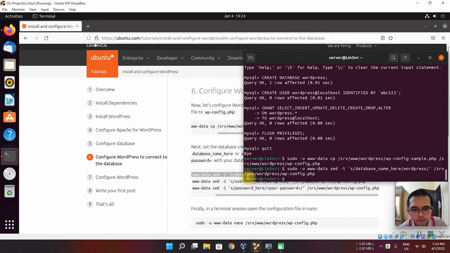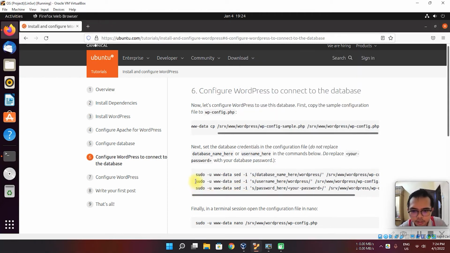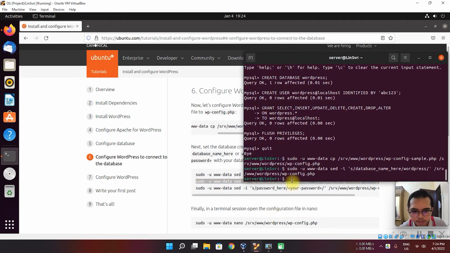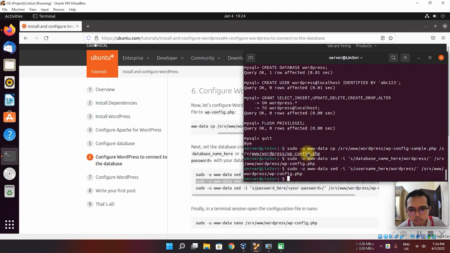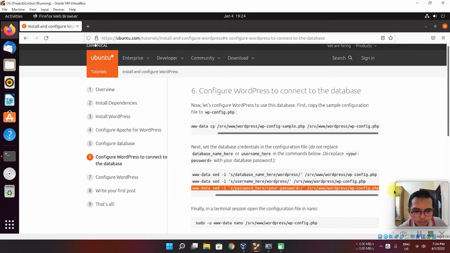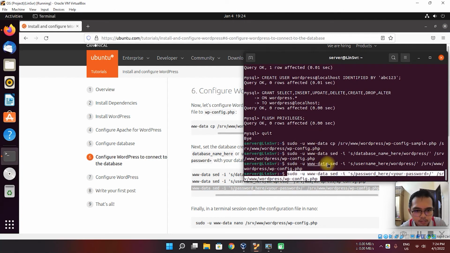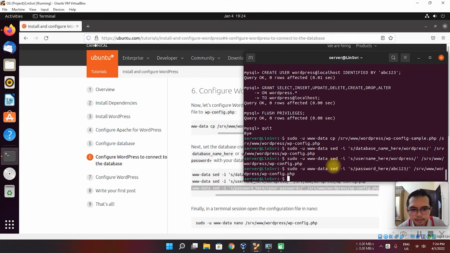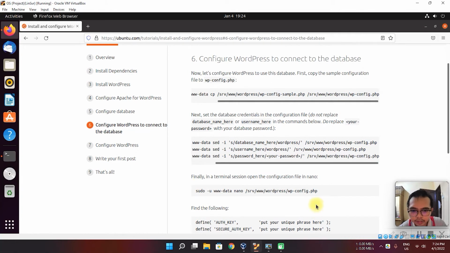The database name is the default, so we don't change anything. The username is also the same, so we just paste it. But for the password, we have to use our setup password. Just paste it in your password. We have to define our previously set password. Enter, and then